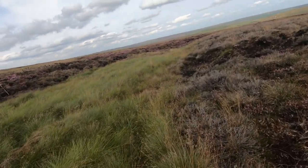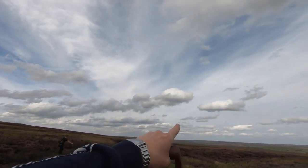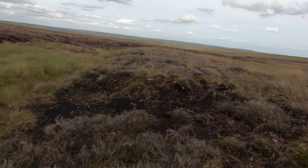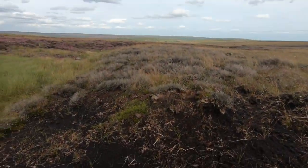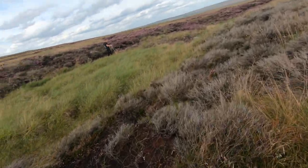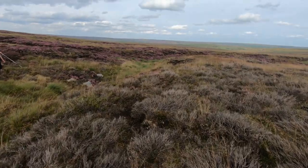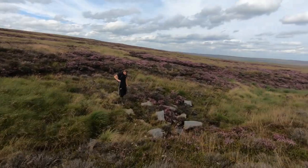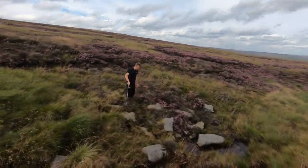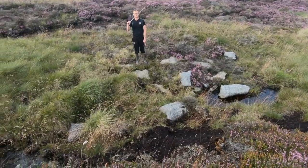There's a few little mad things up here. This area's got some mad stuff, like just to the north, slightly this way. It's like they've been farming this stuff, the peat. We've been talking to Ben. I'm going to add a few videos from Ben to this video. And he said that they used to use it in the olden days as a charcoal substitute, as like coal or charcoal. This stuff is made out of